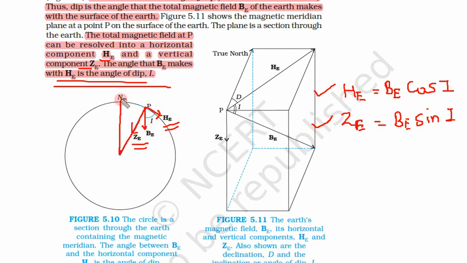Why has this happened? Because at every place, say if we come to this place, the magnetic field will again point in this direction and the surface also points in this direction. So there is very little angle, but there is some angle. At every place this angle will change, and we have broken this magnetic field into two components, horizontal and vertical components.